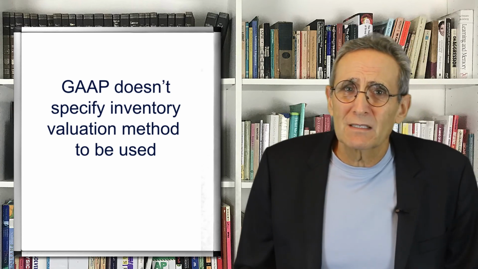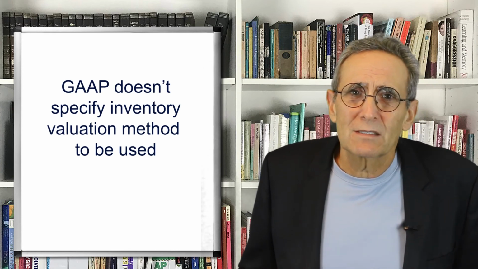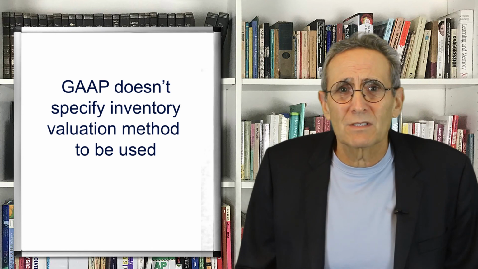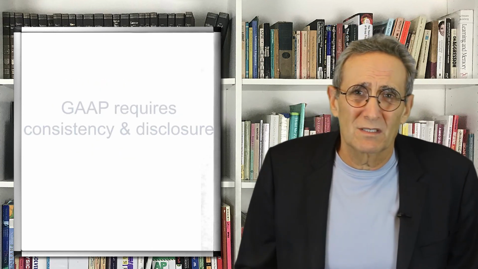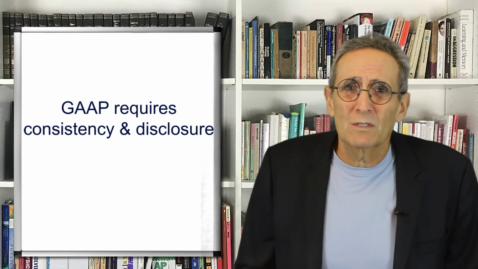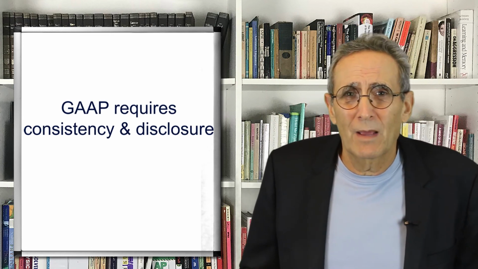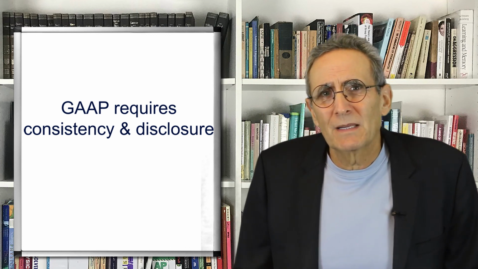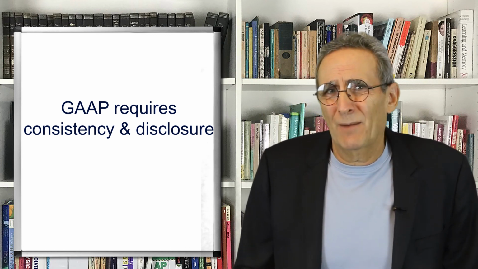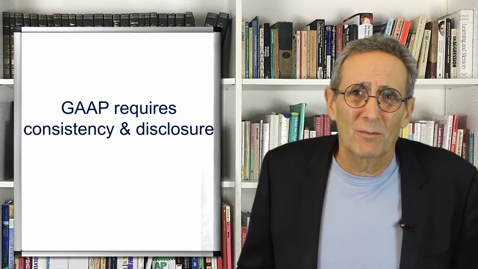Does GAAP stipulate the specific flow assumptions a business has to use? Actually, GAAP allows a business to use any flow assumption it chooses as long as it does so on a consistent basis. This means that flow assumptions used in one year must be the same as used in the next year. Allowing different inventory flow assumptions means that 2 businesses with identical operating results can report dramatically different amounts of profit. Fortunately, GAAP does require that firms disclose in their financial statements the inventory flow assumptions used in computing cost of goods sold.